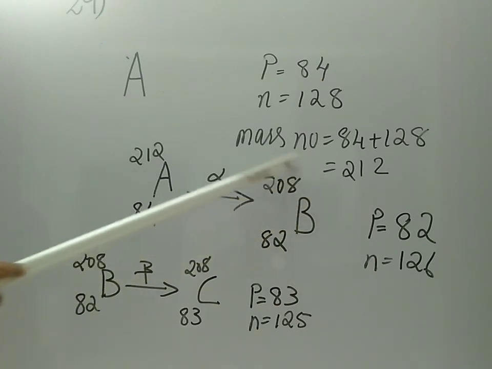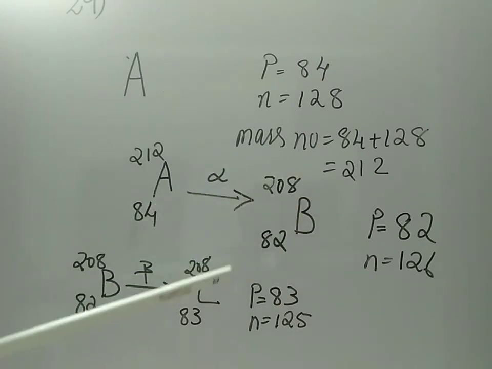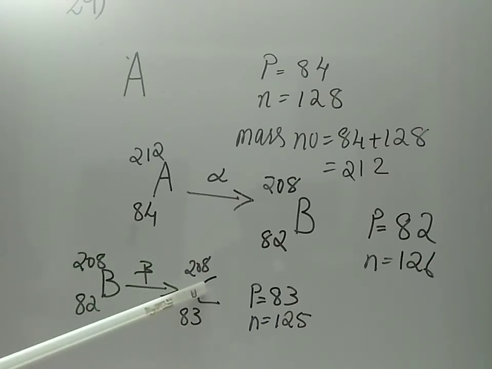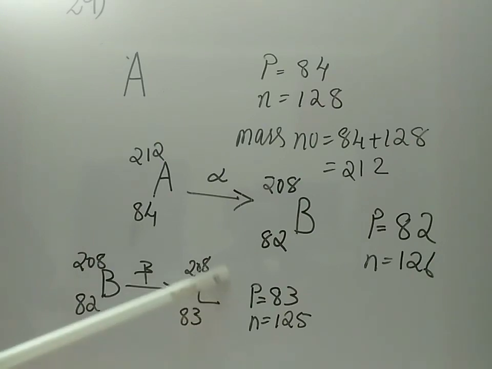Now this is our first child. From the first child, a beta emission takes place. That is sub question 2. Here the first child has mass number 208, atomic number 82. From here a beta emission: there will be no change in the mass number, and the atomic number will be increased by 1. So 82 plus 1 is 83. Again you are asked to find the composition of the child C.